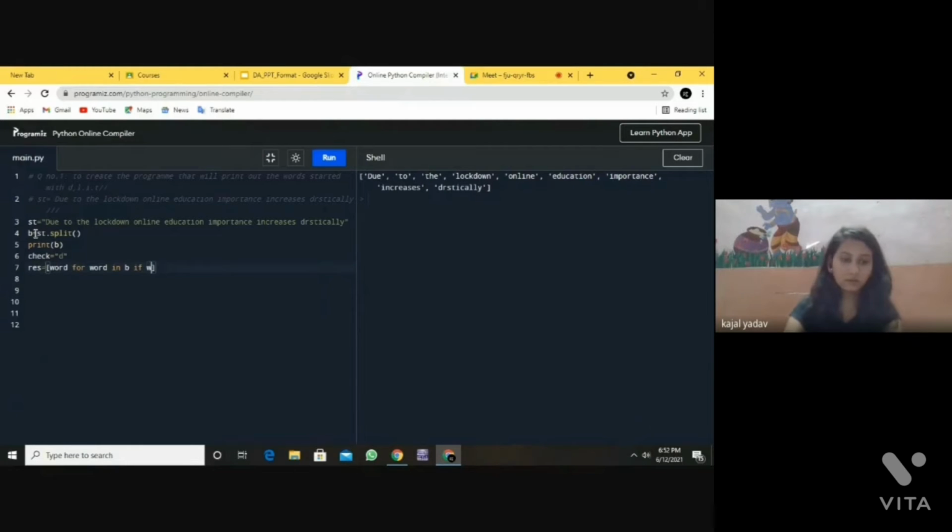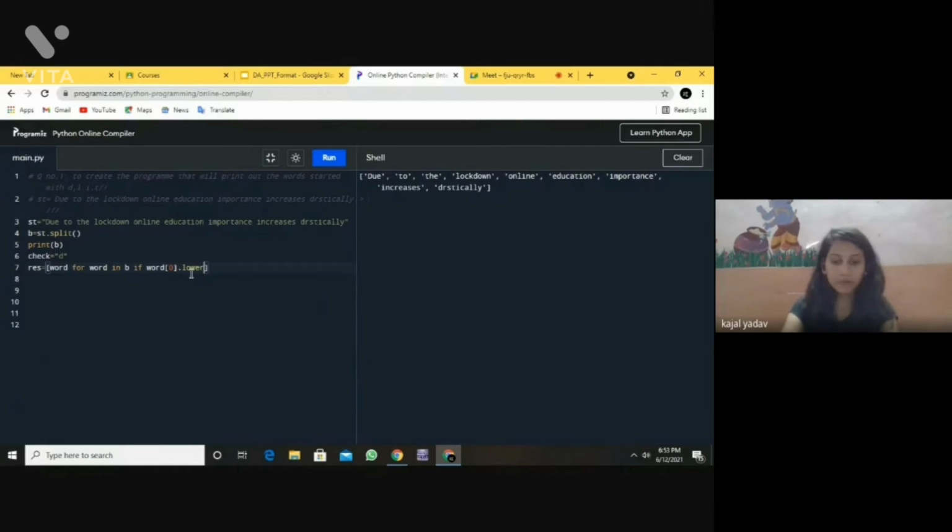I check each and every word from b. If the index of word is 0, and all these letters are in lower case, so we have to check whether they are in lower case or not. If not, then it will convert it into lower case.